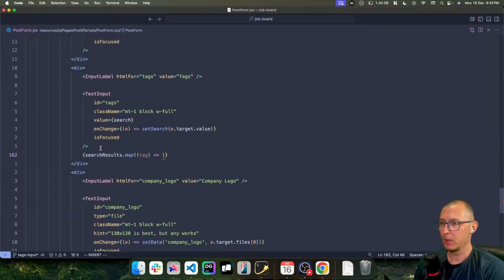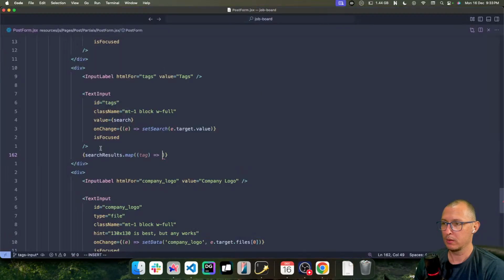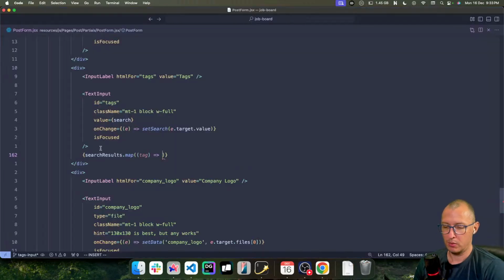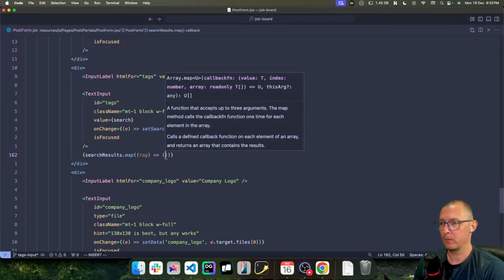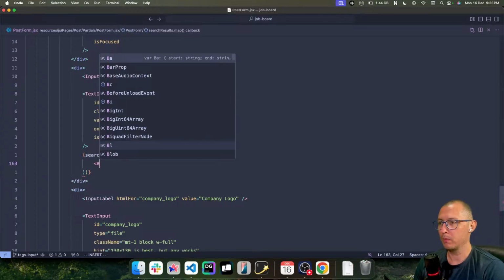Okay, this returns JSX. And inside this JSX, we are going to use the button